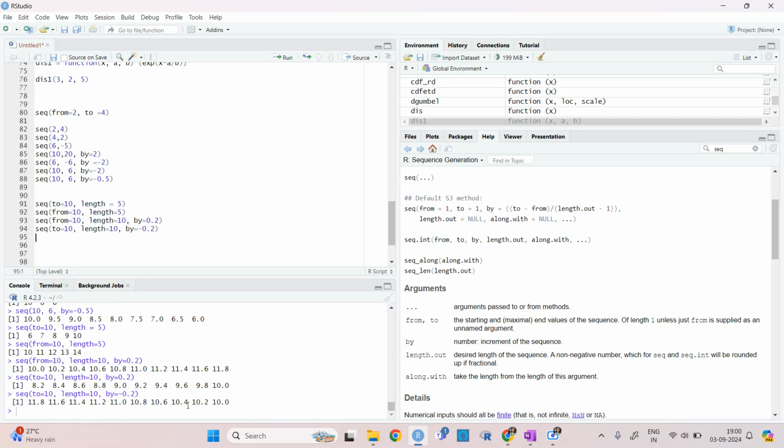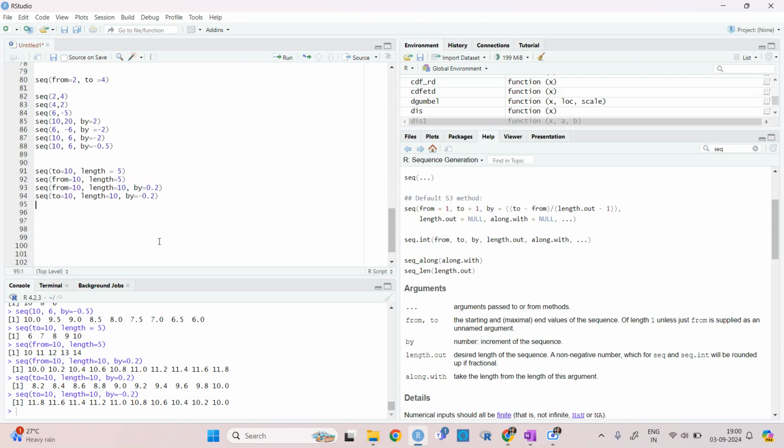So what happens is that by is equal to minus 0.2, so it needs to decrease. It needs to go from 10 by decreasing it by minus 0.2. So it will do 10, 10.2, 10.4, and up to 11.8.